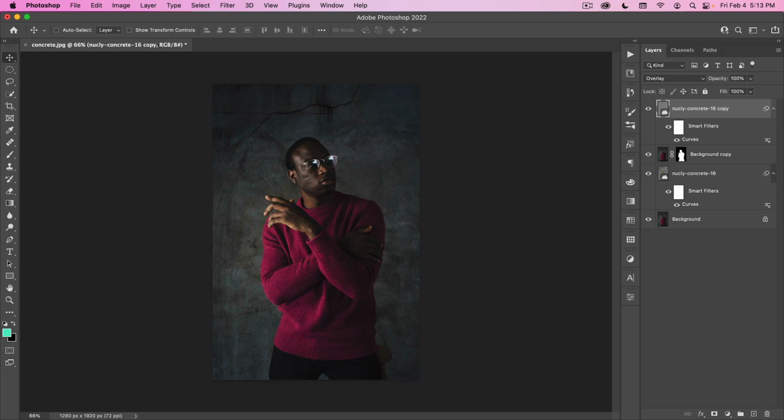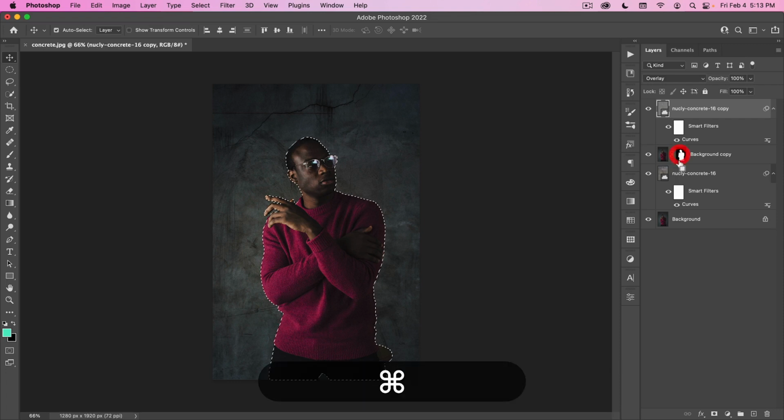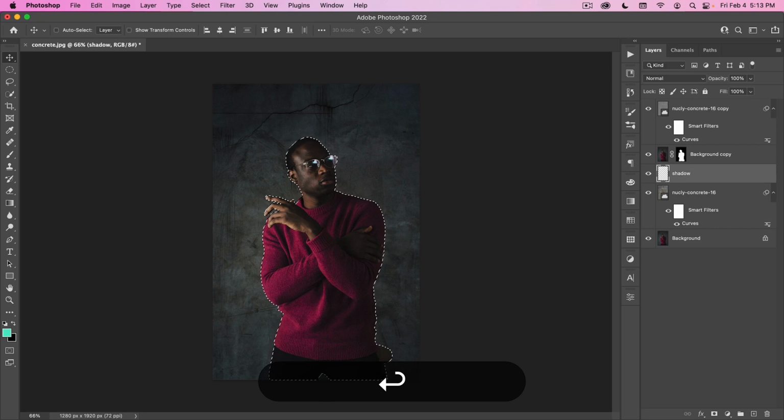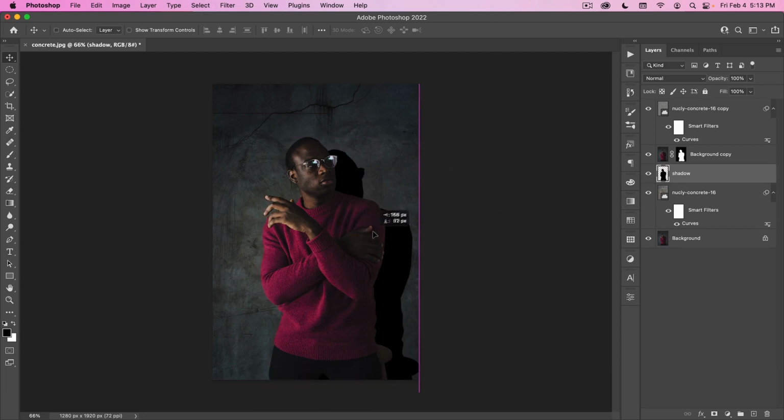If we wanted to add a drop shadow, we could do that as well. Hold down Command, click on our mask, which is going to select the transparency. Add a new layer. We can call this one Shadow. Default our colors by clicking D so that they're black and white, and then Option Delete to fill again. And then we can just move this here. You can tell the light's hitting him pretty strong there, so his shadow would be somewhere around here.